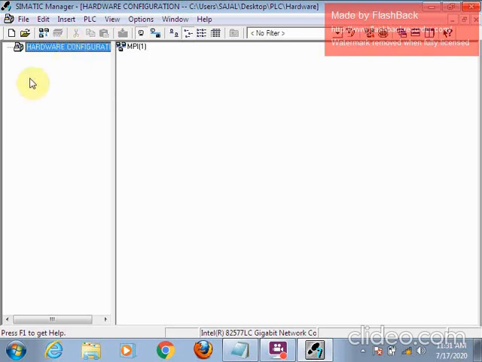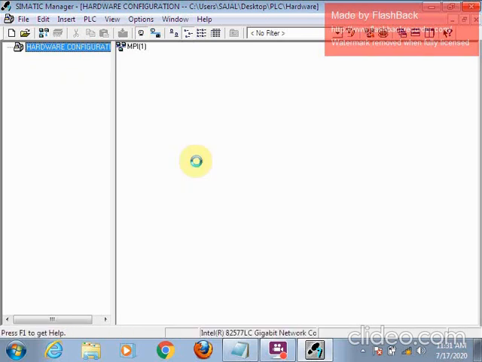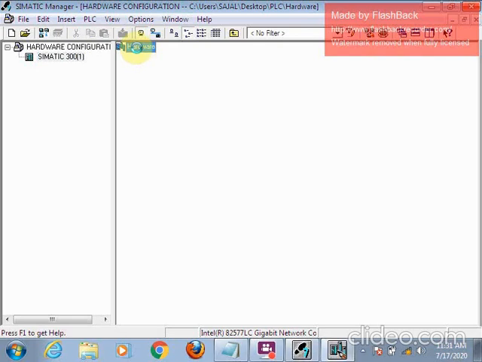Okay. So just right click, insert new object, Simatic 300 station. So the Simatic 300 station is inserted. Now maximize it, and here you will see hardware. So just open hardware.